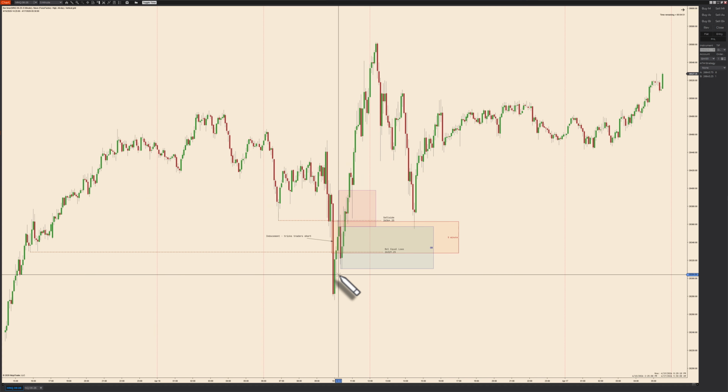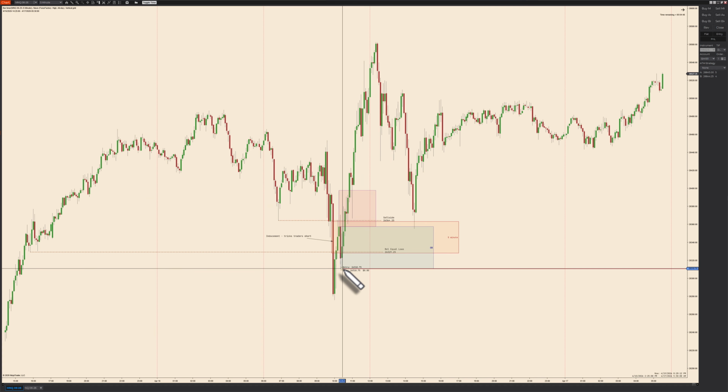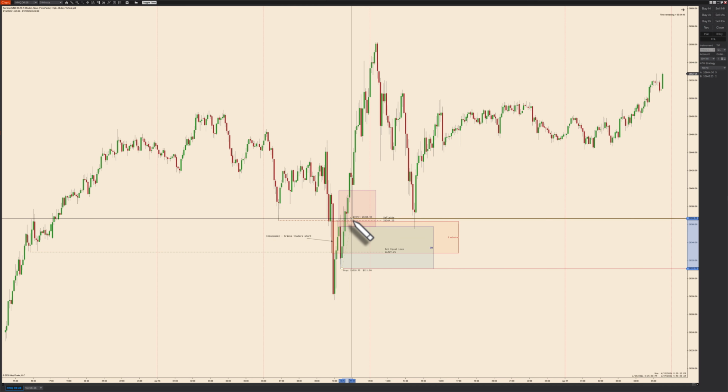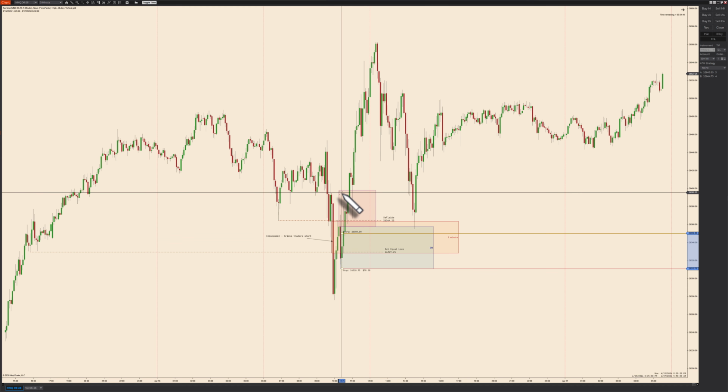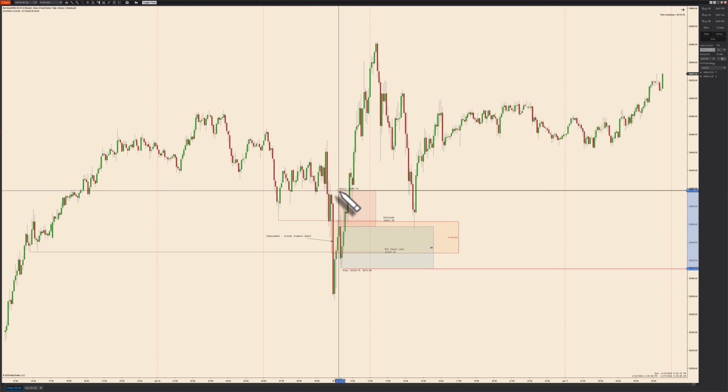So the way I'm going to frame this trade is my stop is going to be at the low of the order block, because I need to allow for it to touch the order block or trade into it. But I need to get into this trade. So that's my entry. And what I'm going to target is going to be